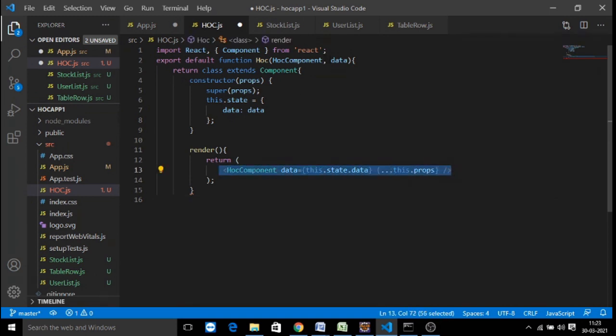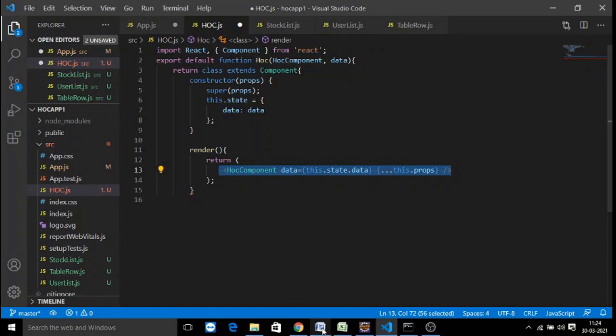Whatever data we pass to the higher order component, it will update your state with those updated state values, and the updated data gets sent back to your parent component. So this is your higher order component. It always takes another component as an input and the data to be processed, and it always returns a component. This is a reusable component for our application.